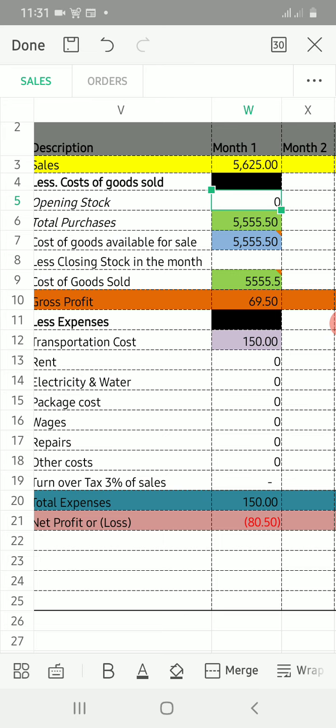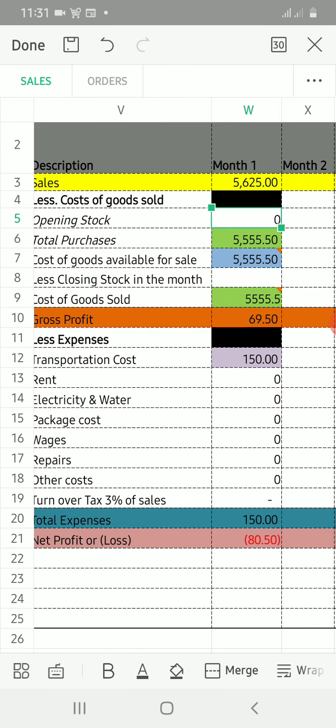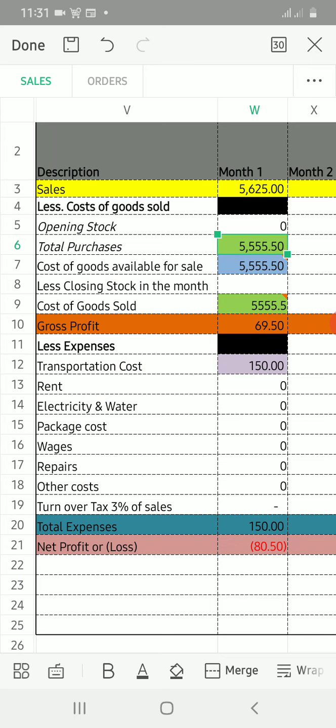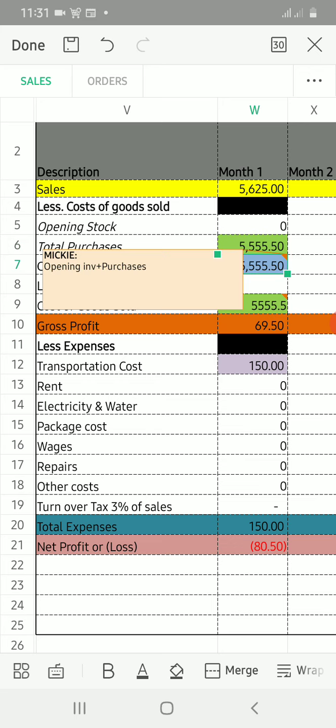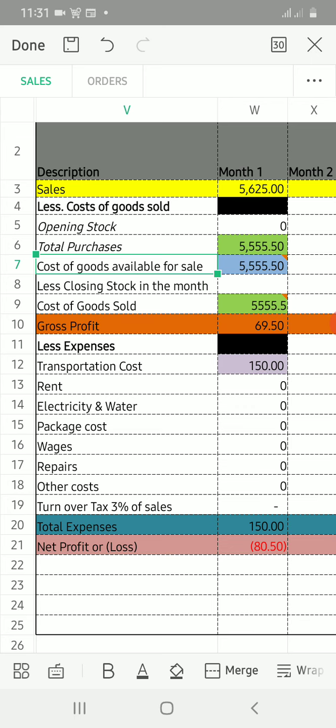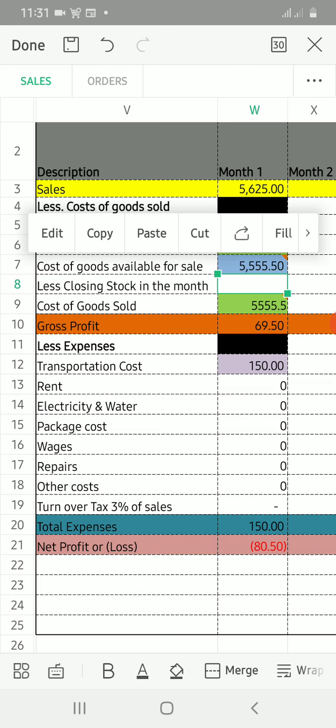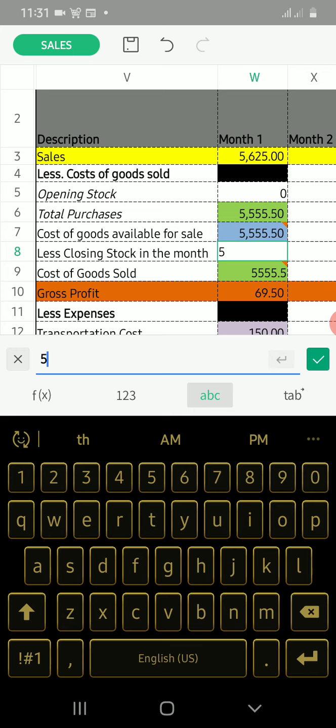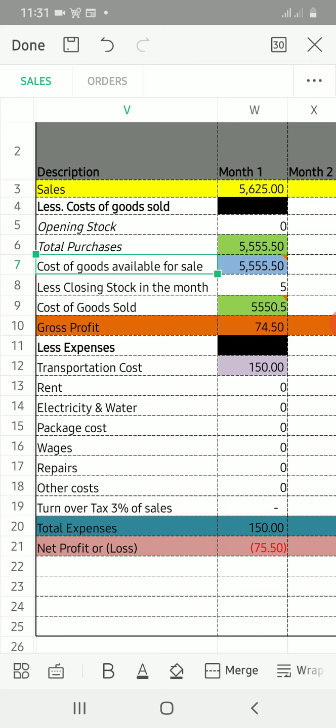then you made the purchases. The amount you spent while purchasing the Saitoti beans was 5,555.50. Okay, that is automated. You don't have to calculate it. Then cost of goods available for sale, that is also automated. And I also added a comment here, which is the opening inventory plus purchases. That is what will give you the cost of goods available for sale. So what is the closing stock in the month? The closing stock in the month, like we saw, it was 5. All right, and like you can see here,